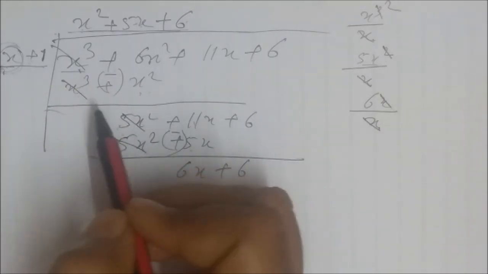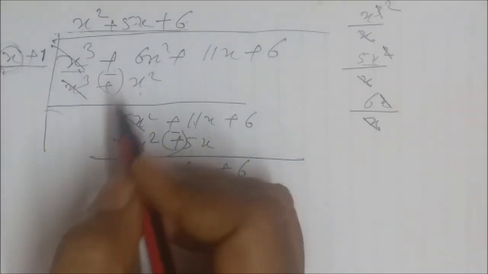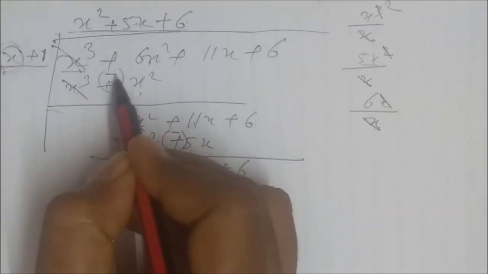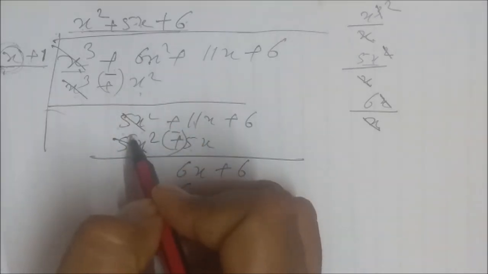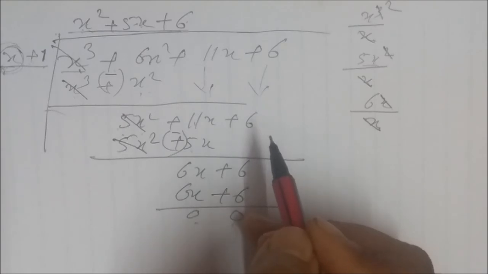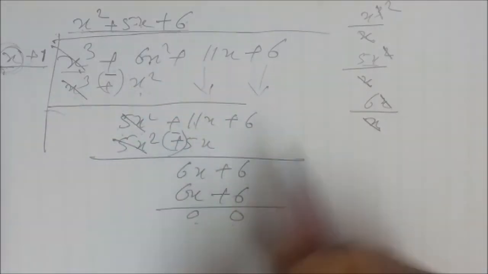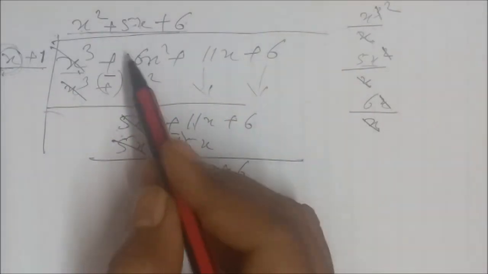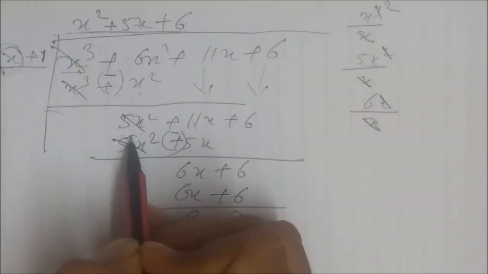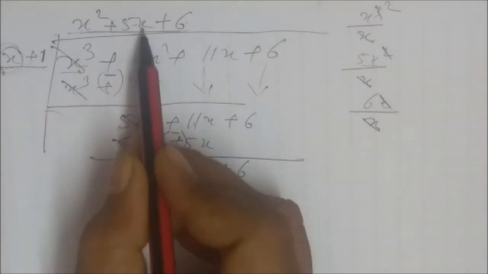Then as we do in the usual division, we subtract. So when we subtract, this x cube gets cancelled. Here the sign changes and it becomes 5x squared. Taking all the terms down. Then please repeat the same step. That is, we want to convert the x to 5x squared. For that we multiply with 5x.